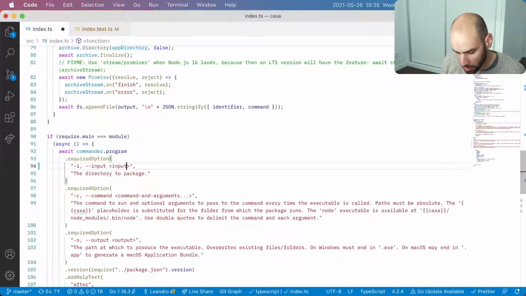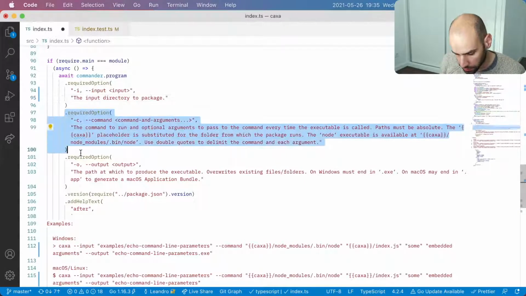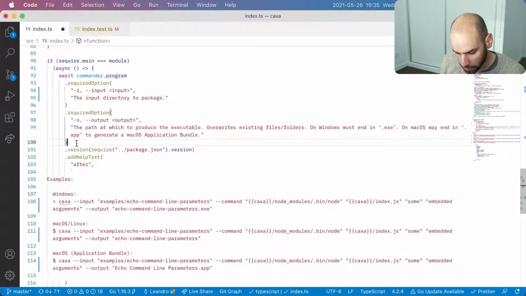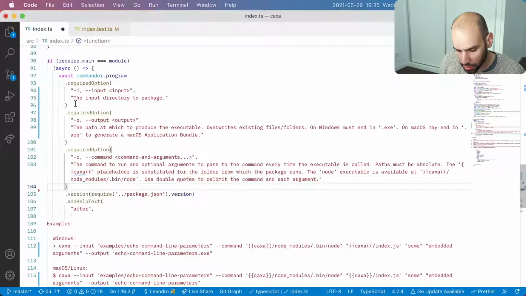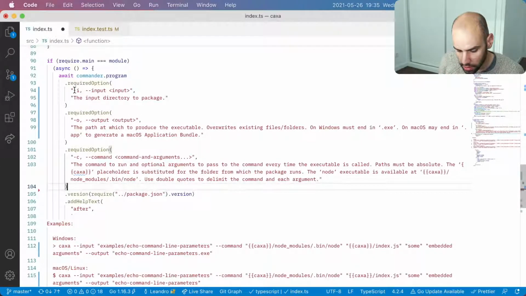It will be turned into input. The input directory to package. I'll move this down because it's no longer a required option. It will no longer be a required option in the near future.